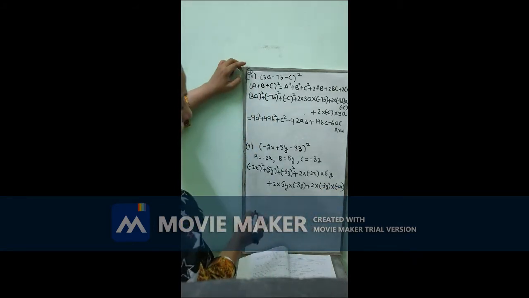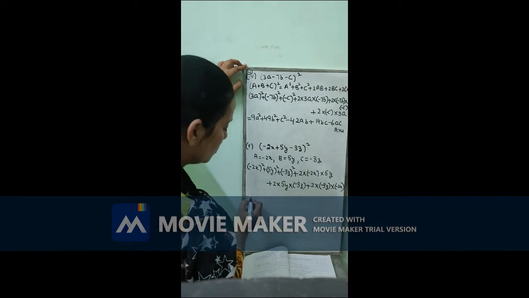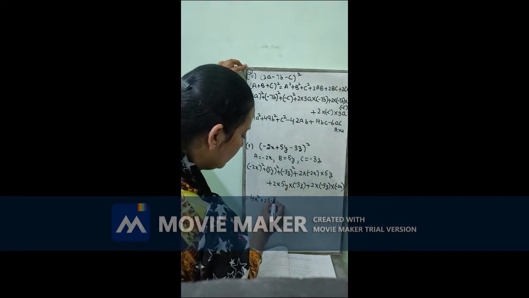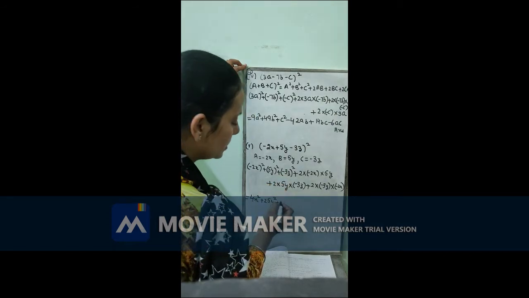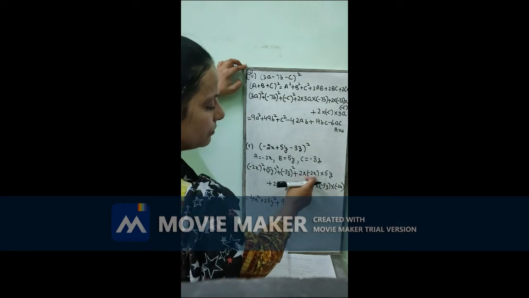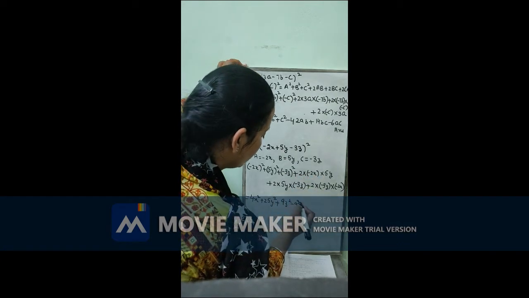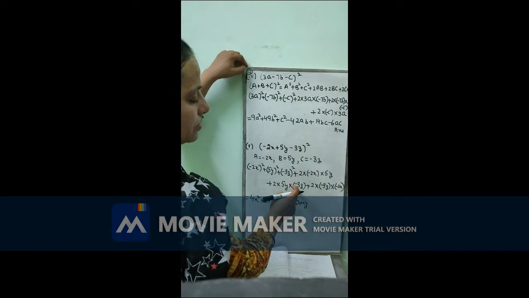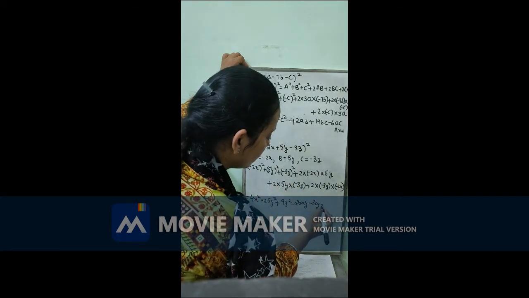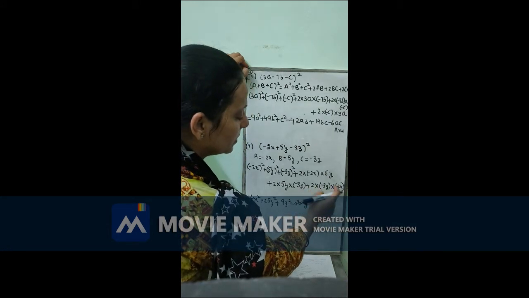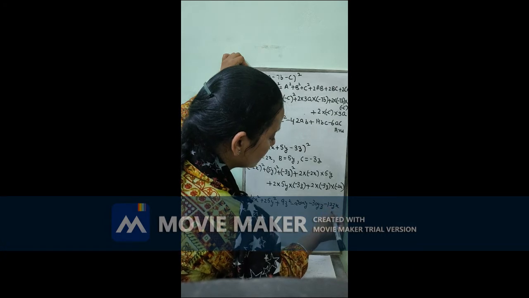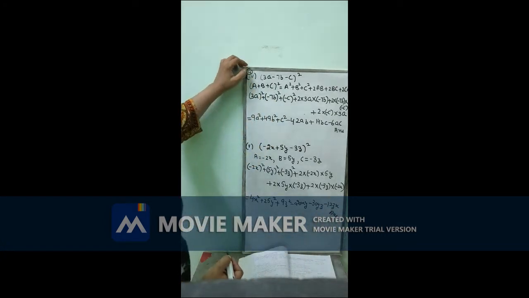Your answer will be: minus square plus 2 is 4x square, 5 fives are 25y square, minus square plus 3 threes are 9z square, plus minus minus 2 twos are 4, 4 fives are 20xy, plus minus minus 2 fives are 10, 10 threes are 30yz, plus minus minus minus minus plus 2 threes are 6, 6 twos are 12zx. This is the answer.